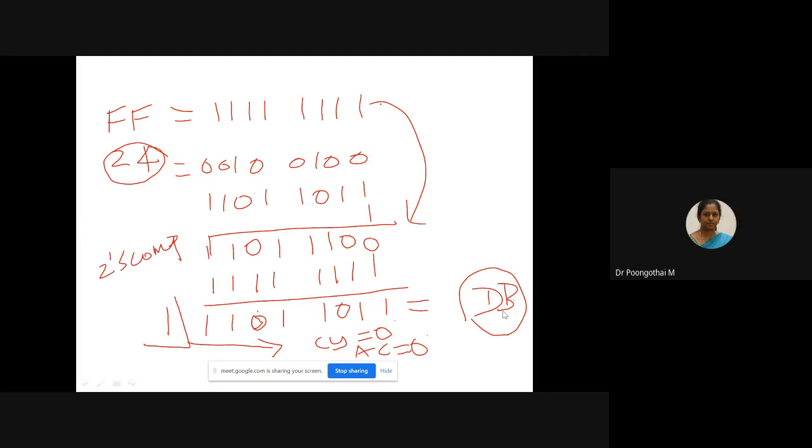Suppose I am subtracting a larger number from a smaller number. In that scenario, your carry flag is set to 1, which means that the result is in negative form. So to convert your answer into true form, we need to take the 2's complement.